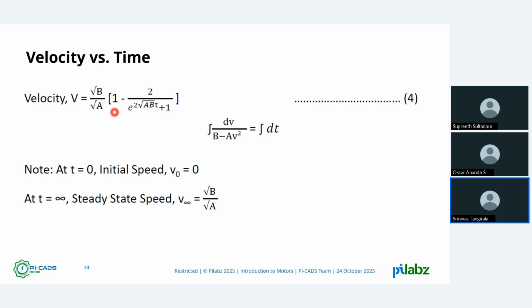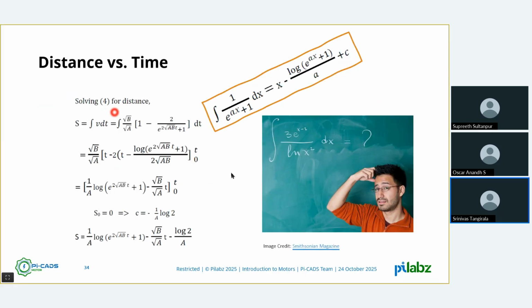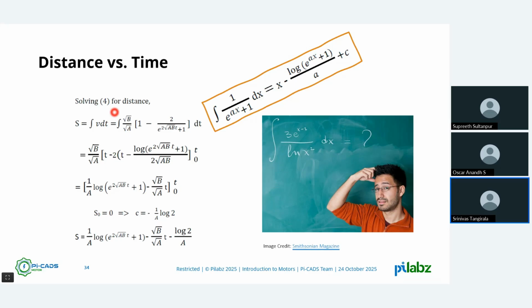So this is how we determine the terminal velocity, I mean final velocity. Now we have the velocity. Then you again integrate velocity, the integral of V dt, and you get the distance, because the rate of change of distance is velocity. So ds by dt is V, so s is equal to the integral of V dt. And then you plug in the equation for velocity, and you solve this equation, and you end up with distance